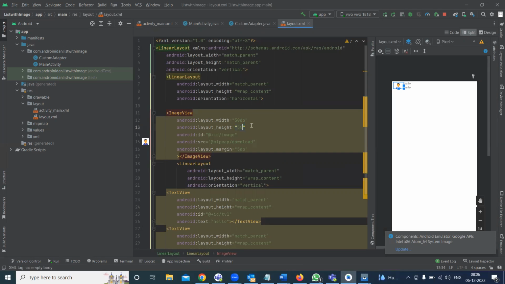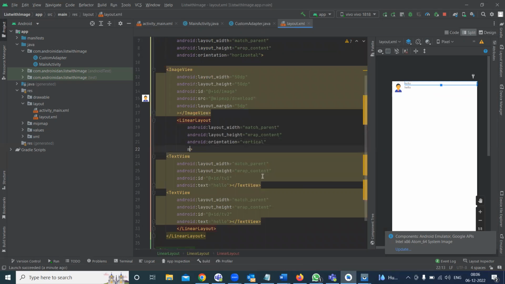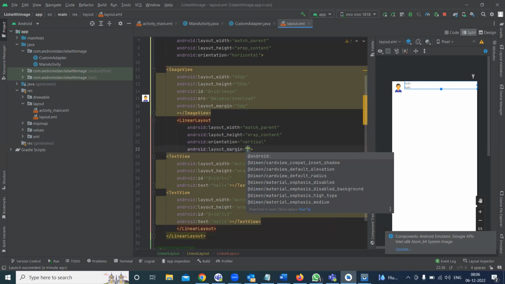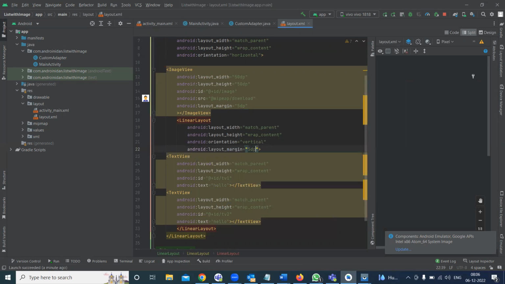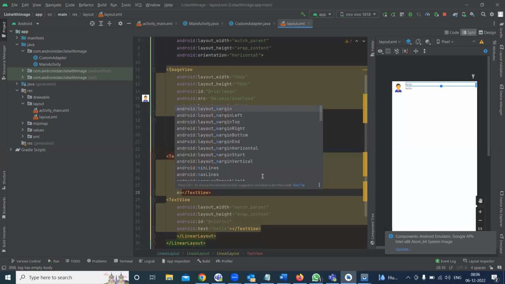Like this, I'm going with 50 dp by 50 dp. Then for this also, I'm giving some margin 5 dp. And also for these text views, I'm giving this margin